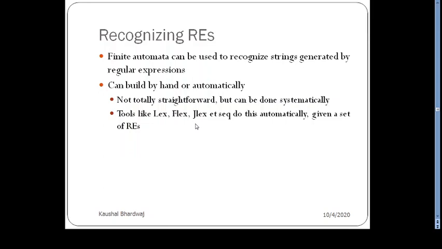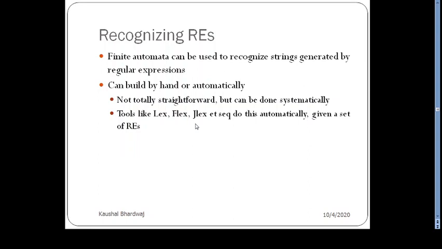Okay, finite automata can be used to recognize strings. How will you recognize this regular expression? For recognizing, usually you need a machine, and such a machine will be something like automata. So finite automata can be used to recognize these kinds of strings generated by regular expressions.